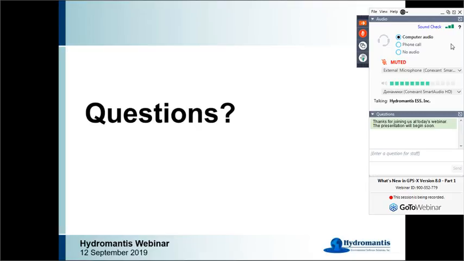So another question: if I open a previous version of a model that you created before and then open that in the new version, would all of those things be available in the new version? And the answer to that is yes. So what will happen is if you load an old layout, say you created a model in version 7 and you load it into version 8, you will get a message that pops up that tells you, okay, this is an older version and we've upgraded it.